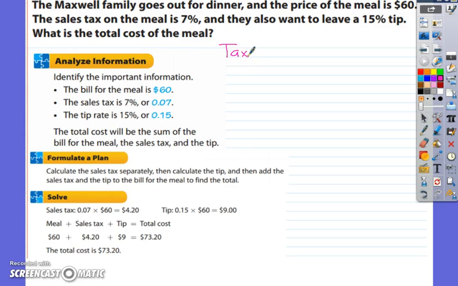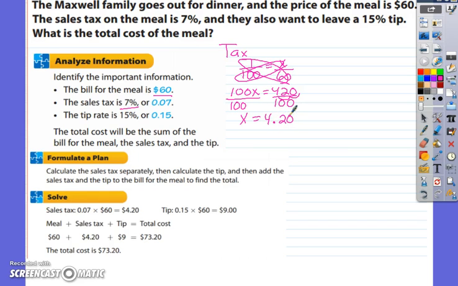Our tax is 7%, so we'll have 7 over 100 is equal to the part of the bill that's going to be the tax over the total cost of the bill, which is $60. So we will use our rules to solve our proportion. Find your cross products. 100x is equal to 420. We must divide by 100. When we divide by 100, the decimal moves 2 places to the left, so our tax will be